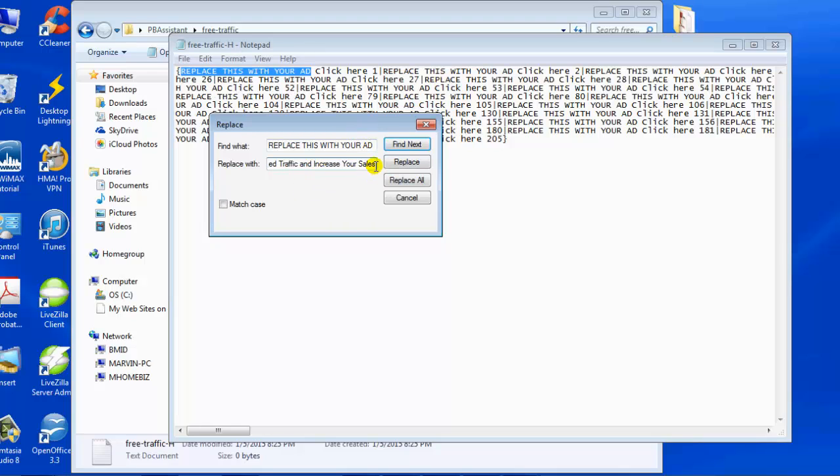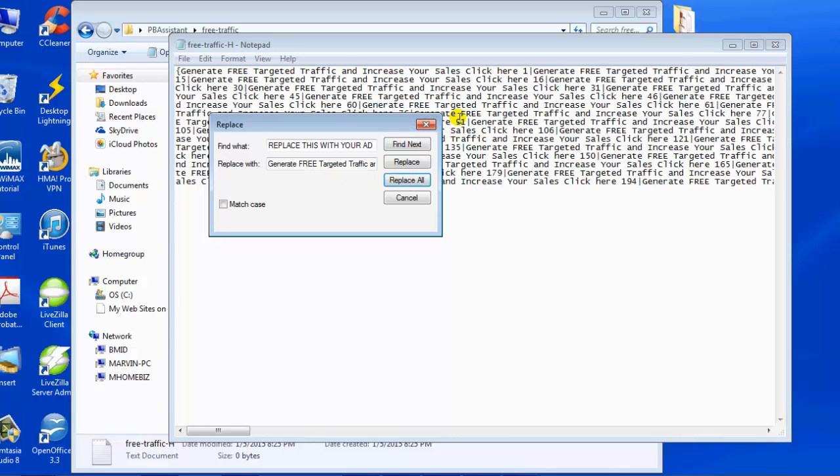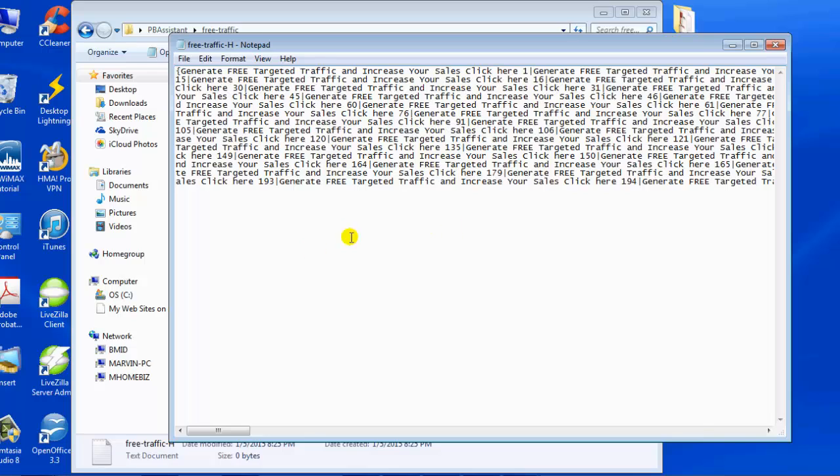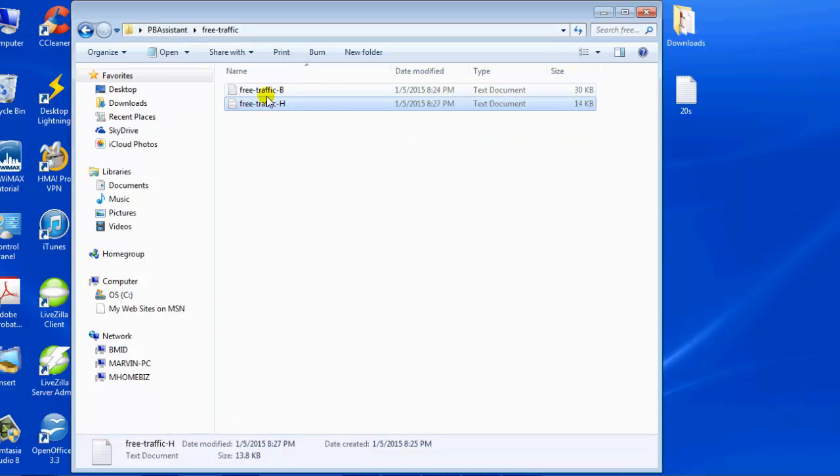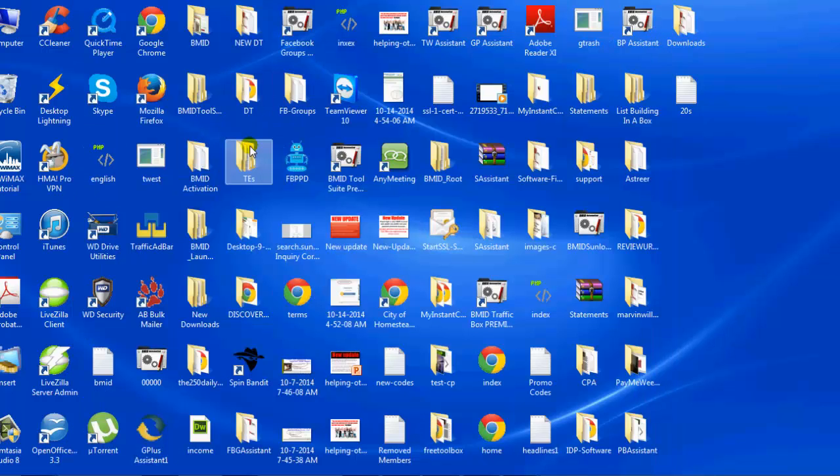Okay, so basically this is my ad right here. Okay, and once you put your ad in there, what you're going to do now is click on replace all. Okay, and within a second, a couple of seconds, you have 200 variations of an ad that's all unique. So what I'm doing now is clicking on save, and that is done. I've got my body ads and I've got my headline ads right here. 205 headline ads and 146 body image ads. Okay, so what I'm going to do now is open up the Backpage